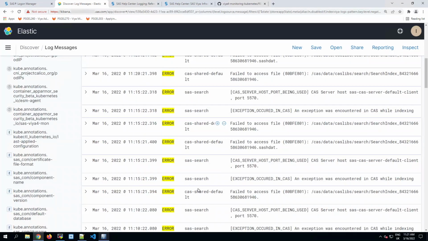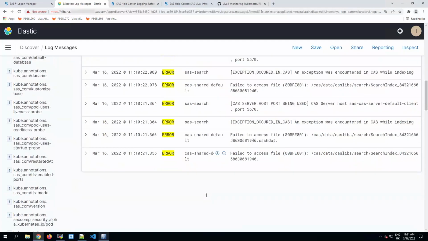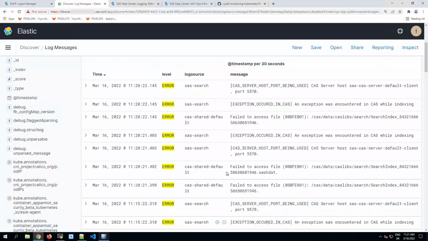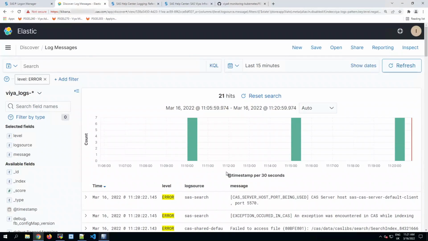Well, there are clearly some error messages being generated here, but none of them are really anything to do with users or groups, so I don't think this is particularly any help. So, what else can we try? Well, perhaps we can try looking for messages where the log source was the identity service. That's the service in SaaSfire responsible for bringing users and groups in from some external source.